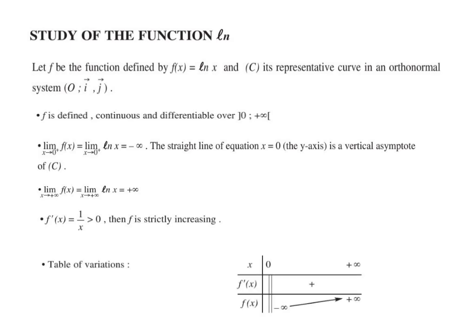So this is the table of variation of the function, where we put the domain at the top, which is 0 to plus infinity. We shaded the 0 because it's a vertical asymptote, and it's a positive derivative, then f of x is increasing. Limit for x tends to 0 plus is minus infinity, and limit when x tends to plus infinity is plus infinity. We still have the drawing of the function,